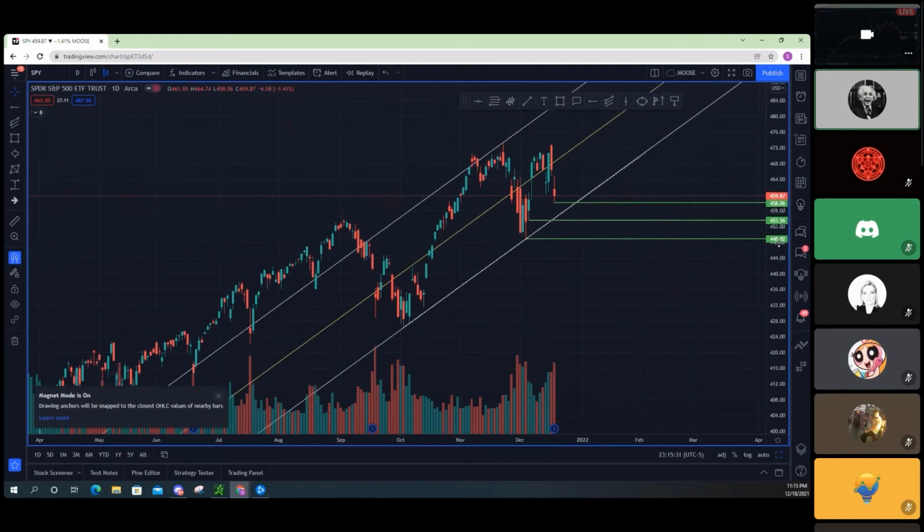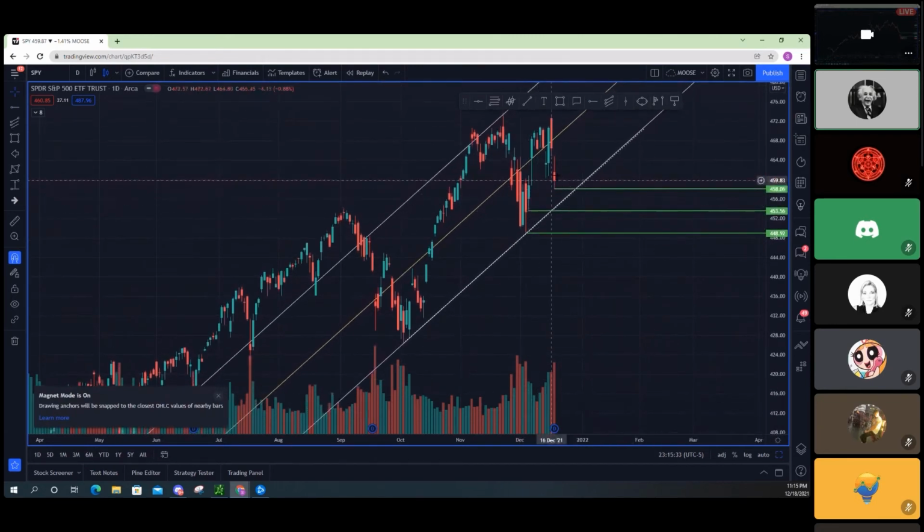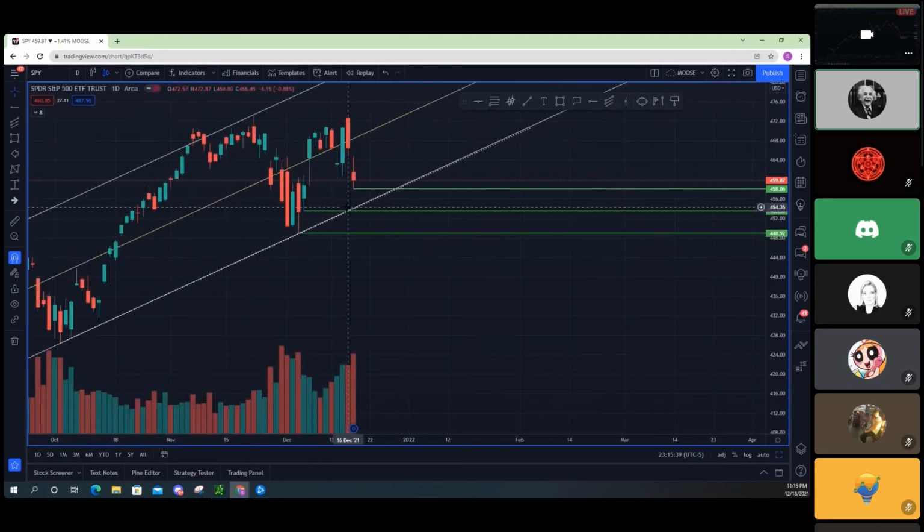So 458.06 break, there's a high chance that we will dip. We will probably get some sort of bounce here. Whenever you have a channel lined up with some sort of support,